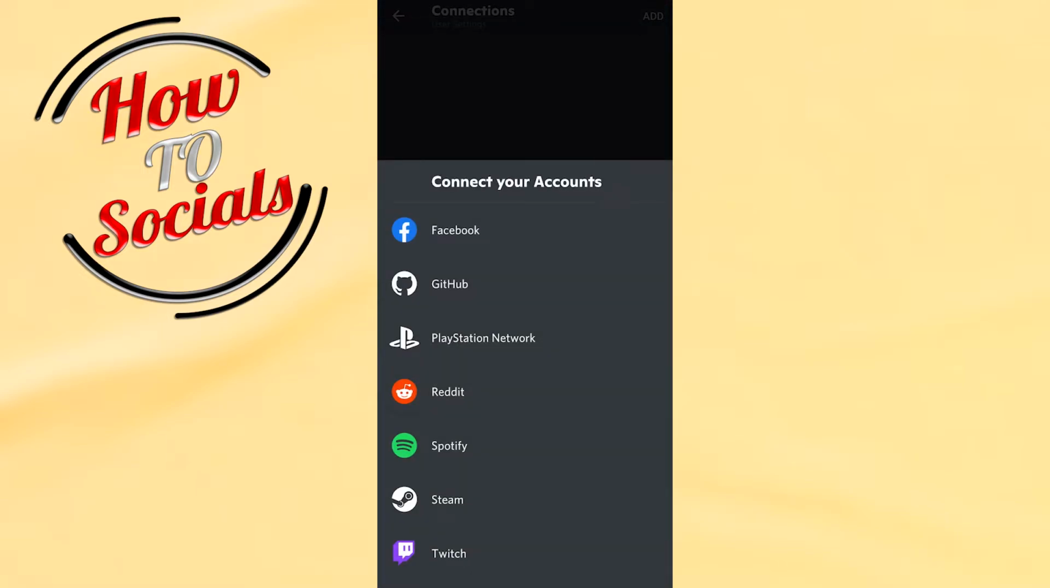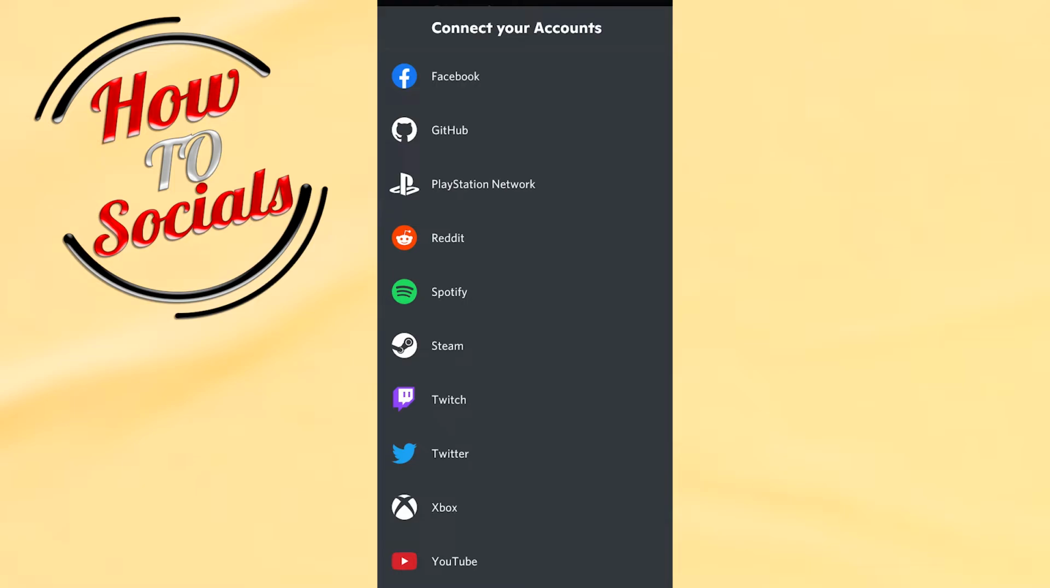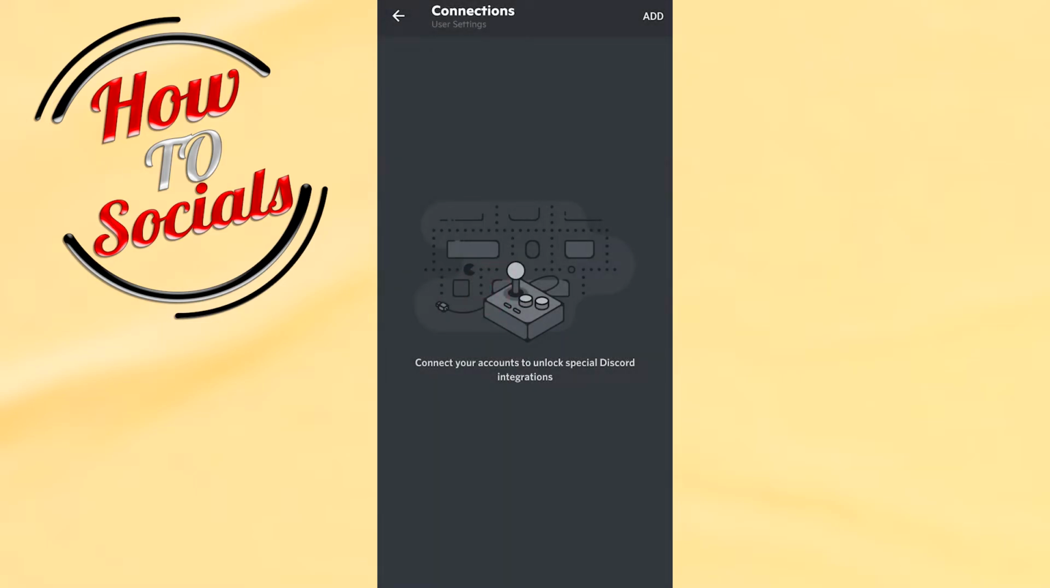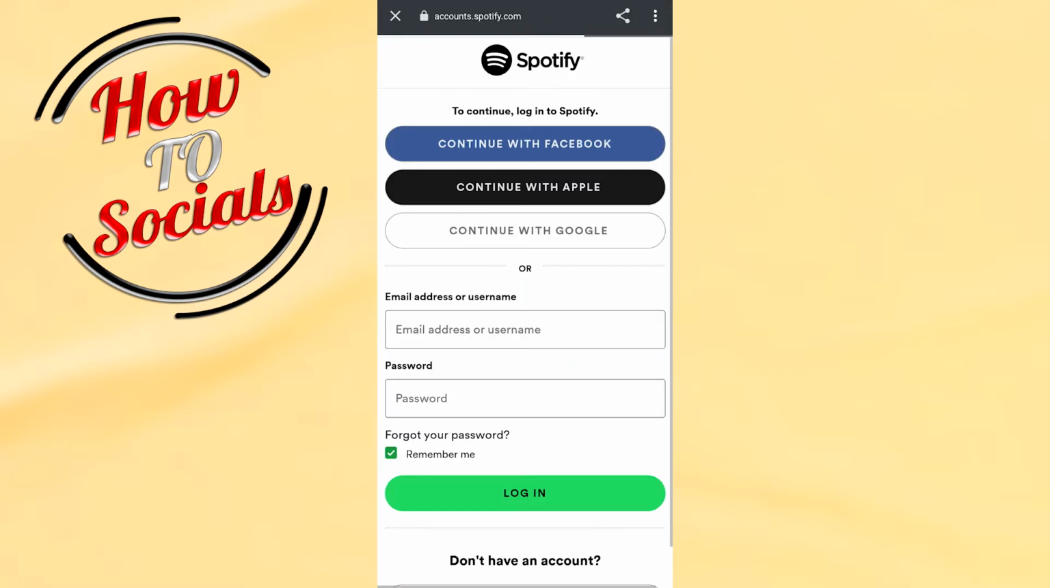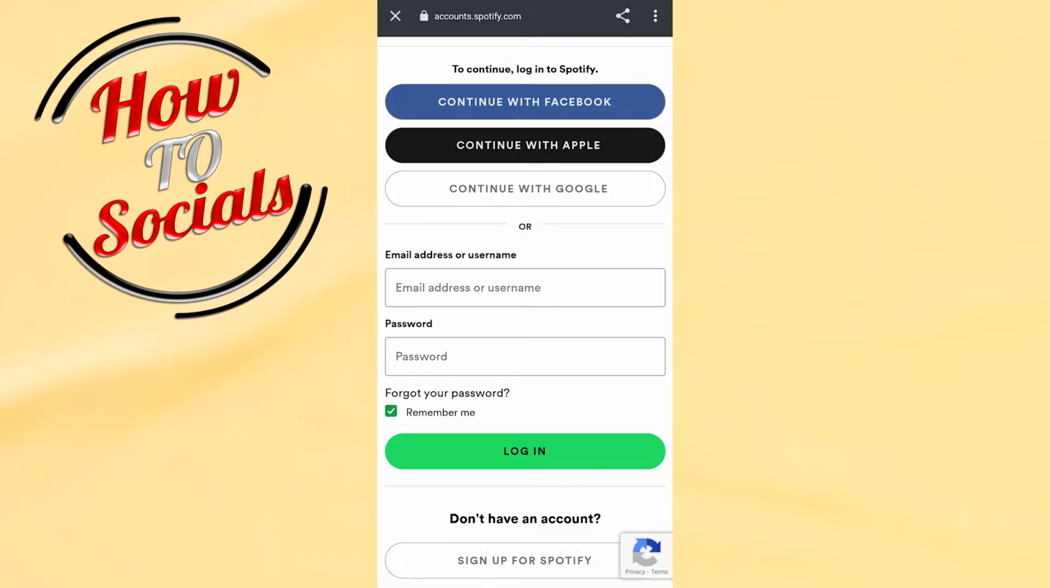Now here are all the features that are available for connecting through Discord. I will go for Spotify, and here they're gonna give me the option to enter my email address and my password. And right after that, guys, when you fulfill all this information, you're gonna be directly connected through Spotify